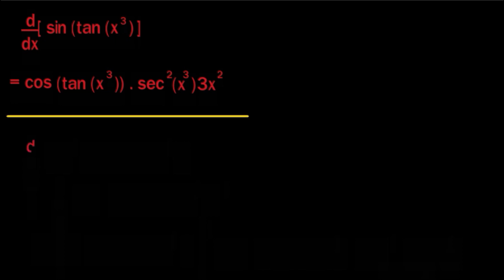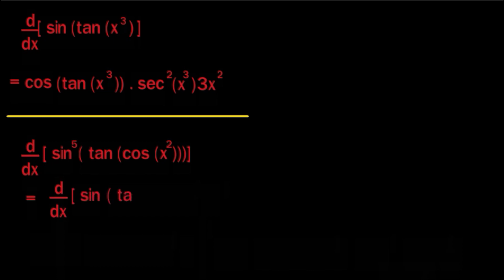Let's say we want to differentiate this, for example, sine to the power of 5 of tangent cos x squared. So the first thing we do is we rewrite the function as sine tangent cos x squared to the power of 5. So we differentiate the function outside first. So 5 sine tangent cos x squared,